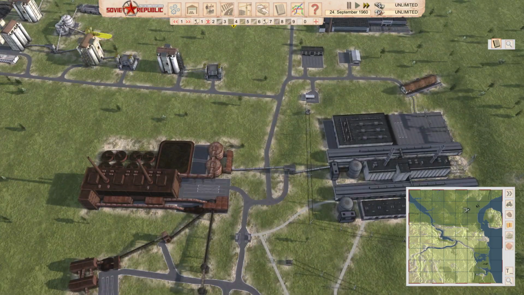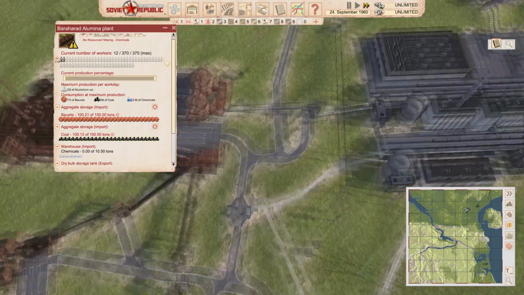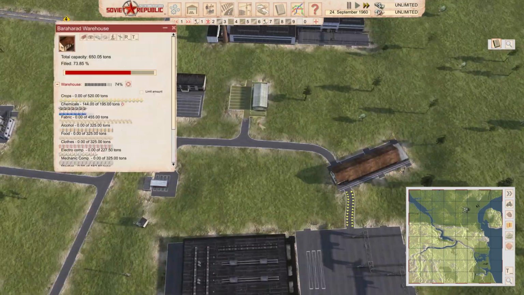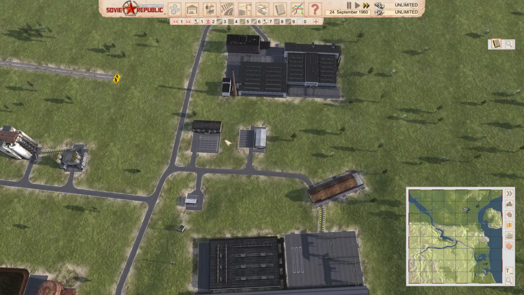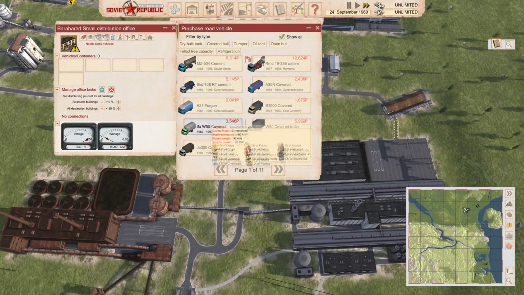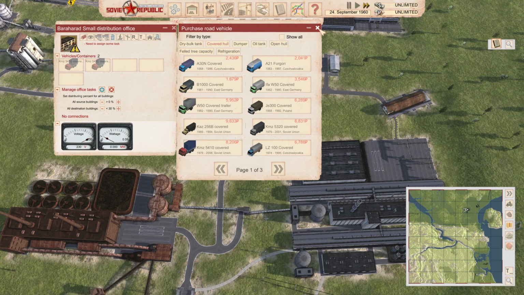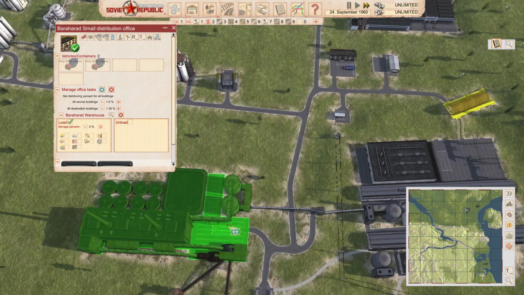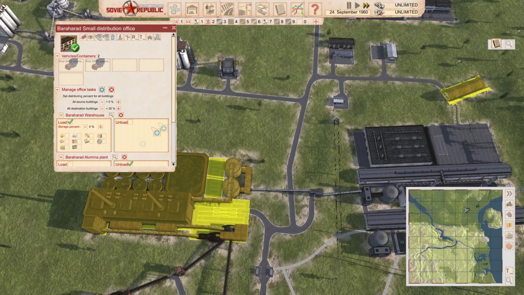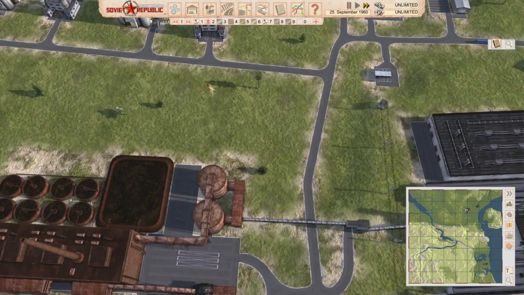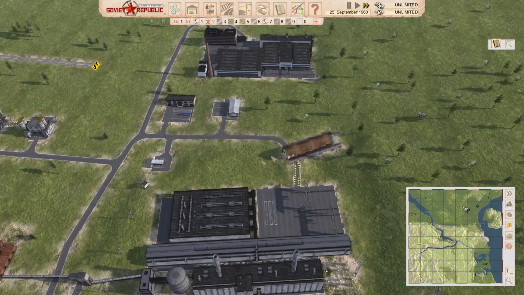So at the moment there is no production here because they've got no chemicals, but what I've actually done is I've created a factory up here that's auto purchasing chemicals. So if we come in here and buy a couple of covered hoppers, pick you up there, send you to there, pick up chemicals, unload chemicals, and what will happen is when these guys deliver the